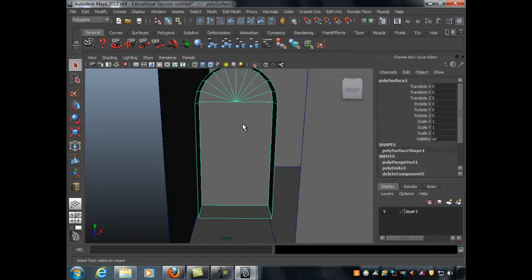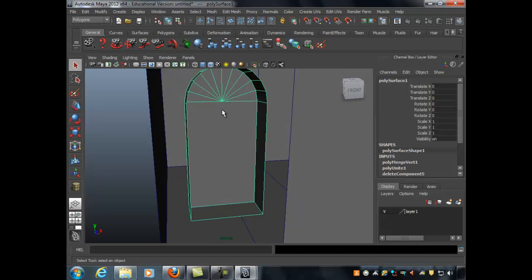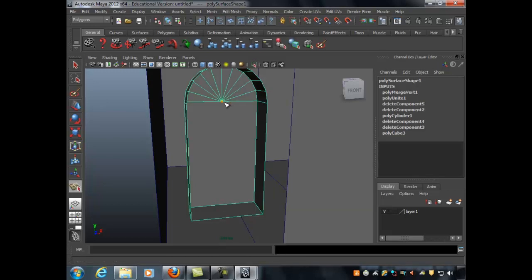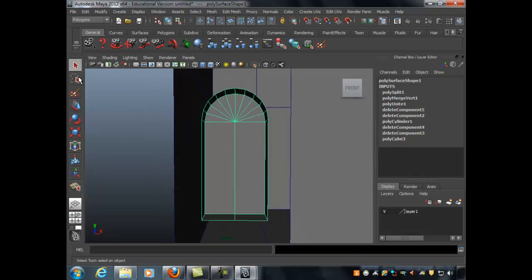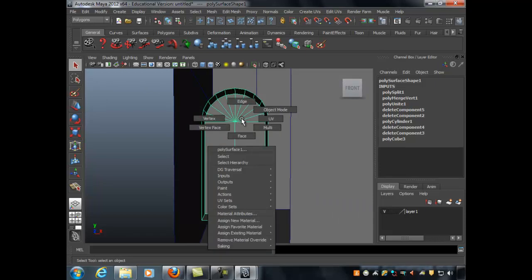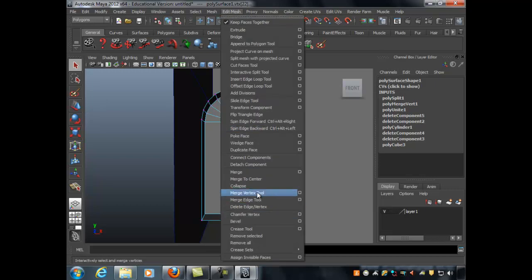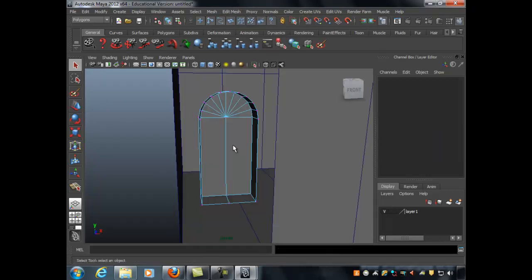And technically I need to add another subdivision down the center here. So I'm going to go into my interactive split tool, and add that edge in there. What that does is it allows me to have a vertex so that I can merge those vertices to it. Before that I did not have that. So now I can select that and say edit mesh, merge,